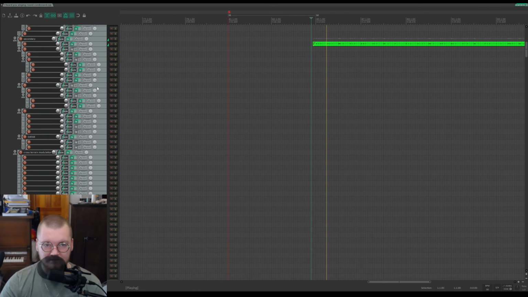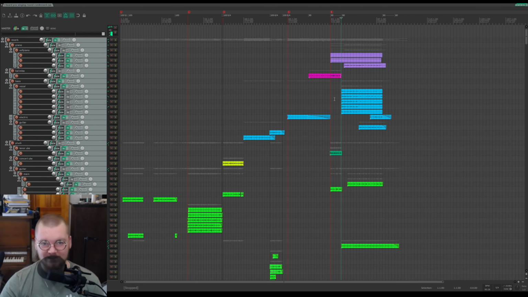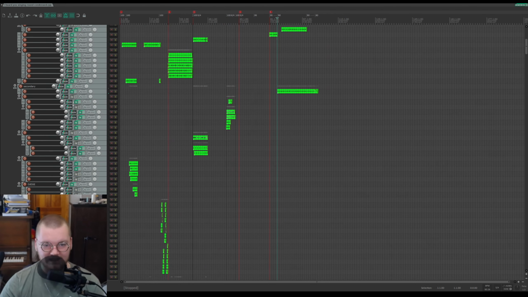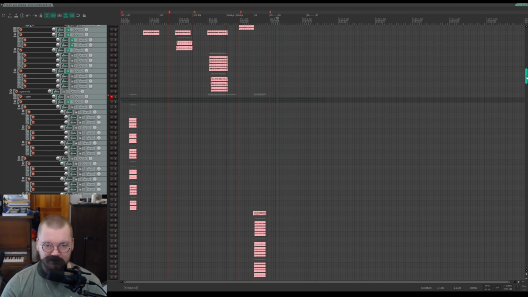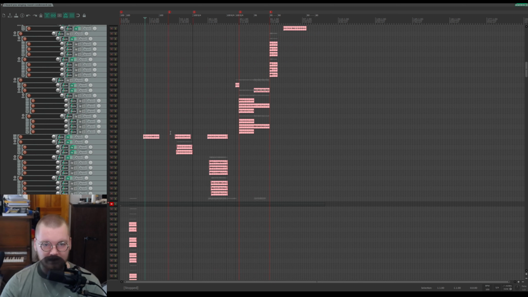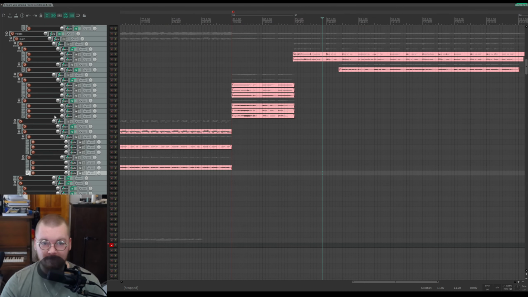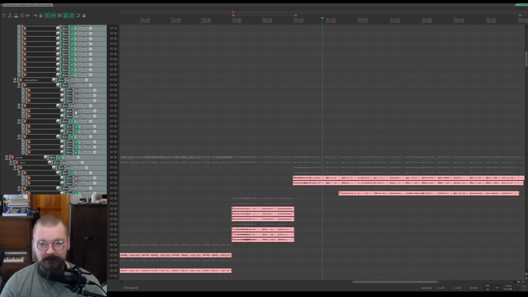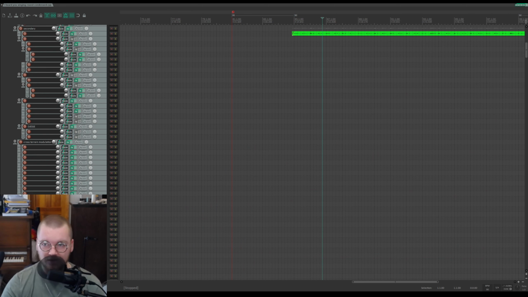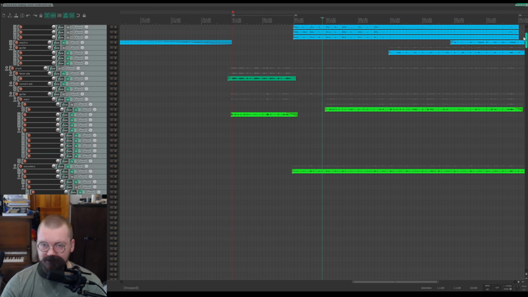So, at the beginning, the first verse is just single, right? There's no rounds. Second verse is 2, so it starts with 1, and then there's another round of it. Third verse is 3, so there are 2 rounds after the original. Fourth verse is a 4-part round, but only 2 of them are with voices. I'll show you what I mean.